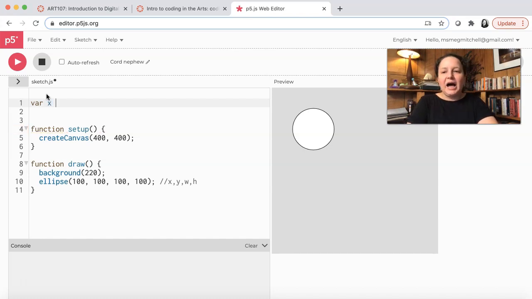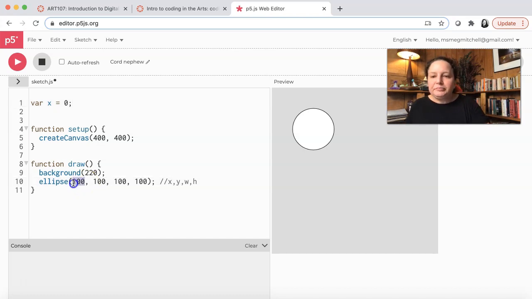And I can even assign x a value. In other words, I can make x equal to something. In this case, I think we're going for a number because I would ultimately like to use x in here. So let's go ahead and check and see what happens. If we type x in for this ellipse,